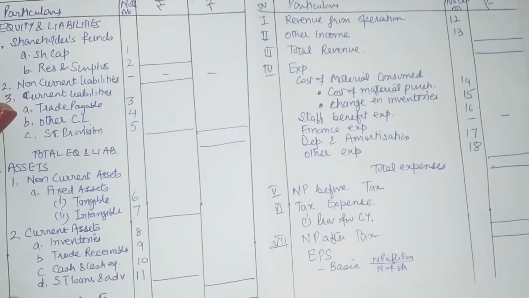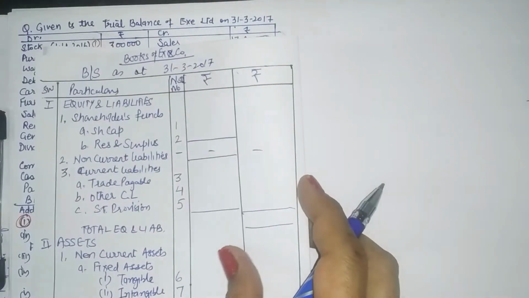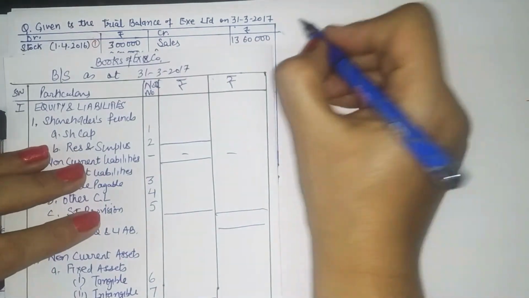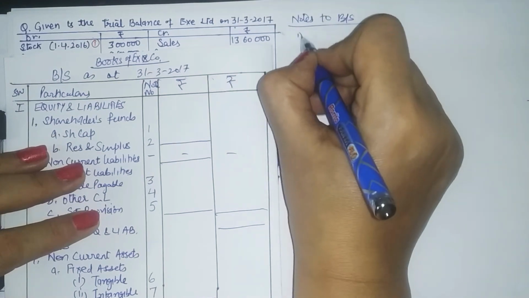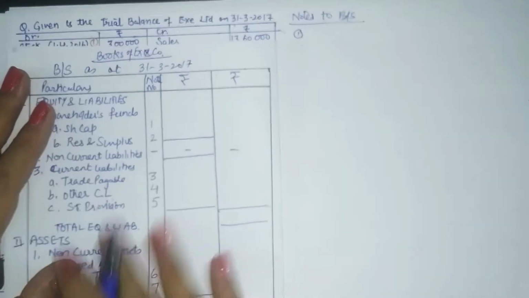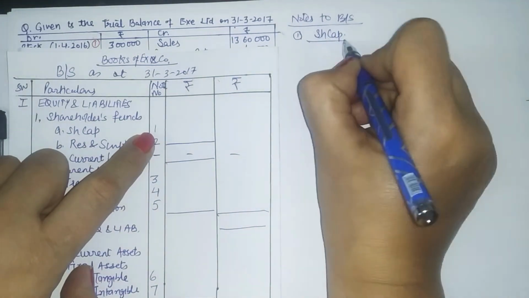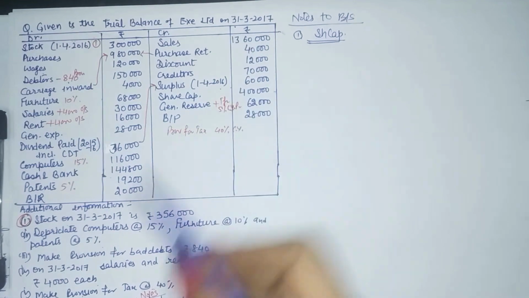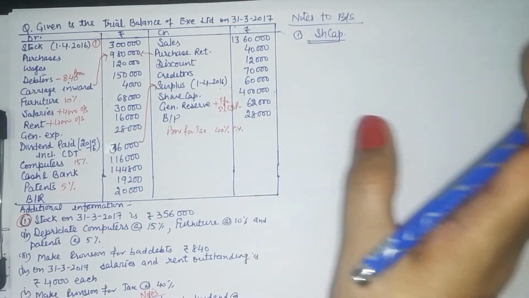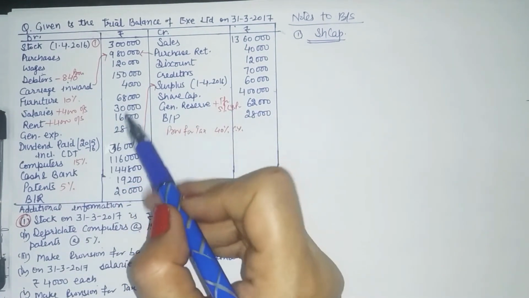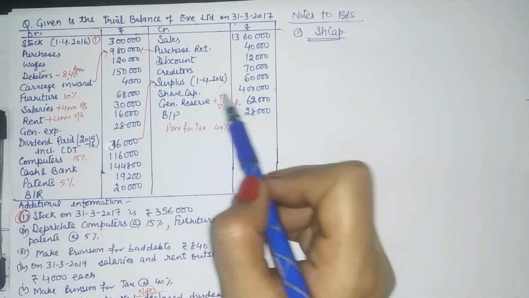Now we are to start with the notes. So our number one is share capital. Alright. So we'll start directly with notes to balance sheet, because this is how it is to be done. So we just make the format and then start making calculations. Number one is share capital. So what is given in the capital? There is no detail given. Otherwise, we could have written authorized capital this much, issued capital this much. So, no detail. So, we just have here share capital of 4 lakh.